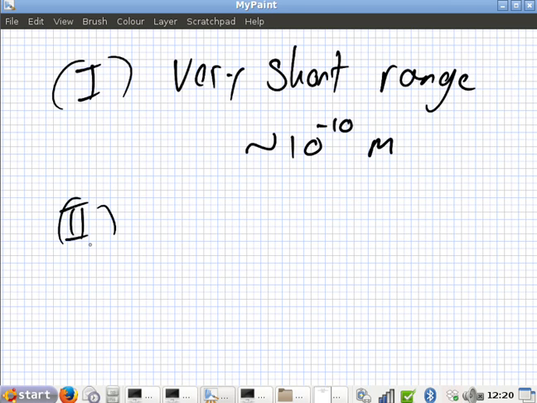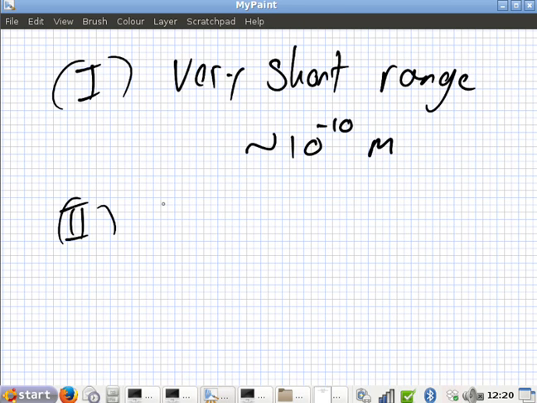Anything else? Give me another property now. They asked for 2, but I want 2 good ones. I think this is a good one. It's inside the nucleus,